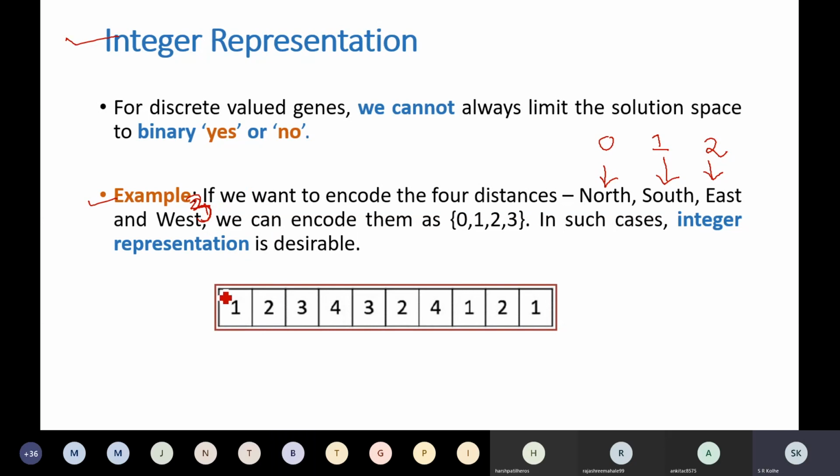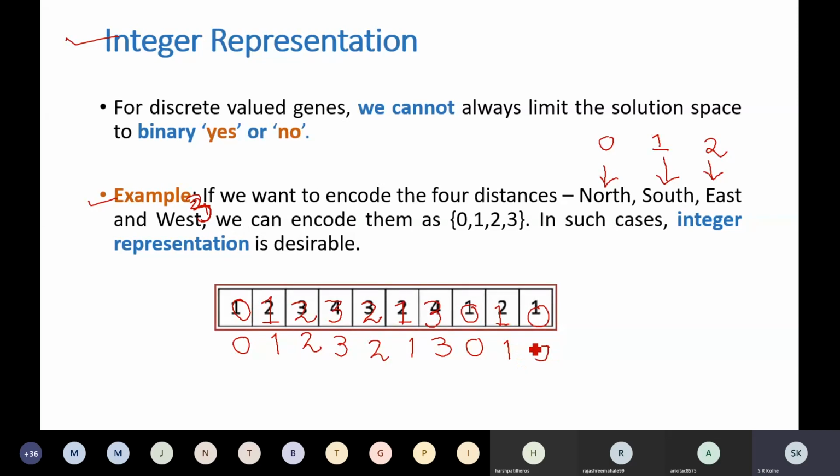Okay, we will make change out here. So instead of 1, here it will be 0, 1, 2, 3. So your representation will be 0 1 2 3 2 1 3 0 1 and 0.